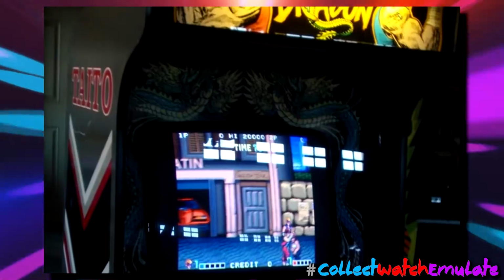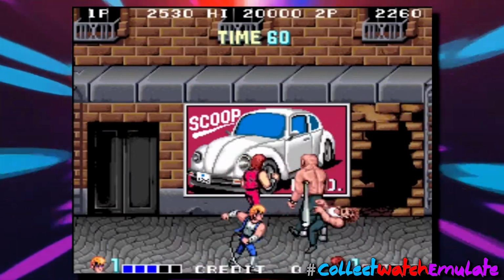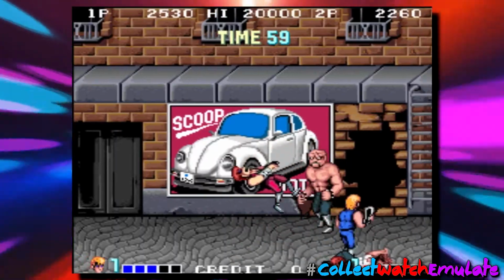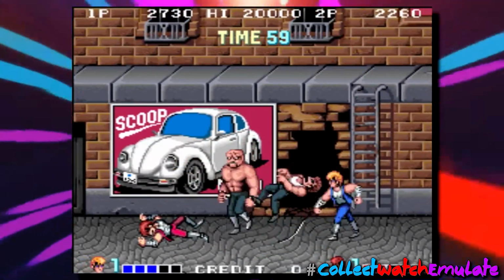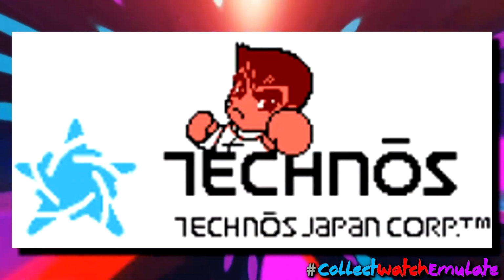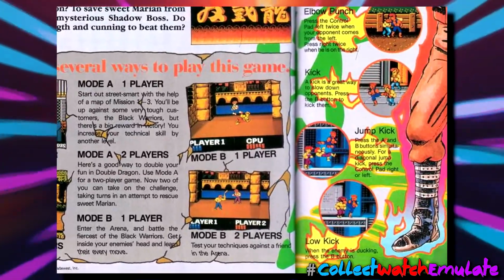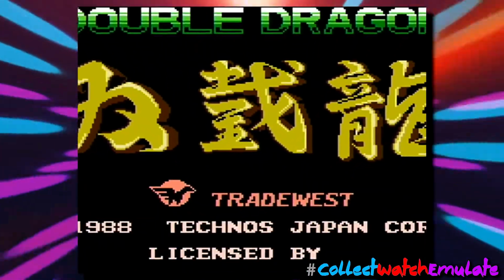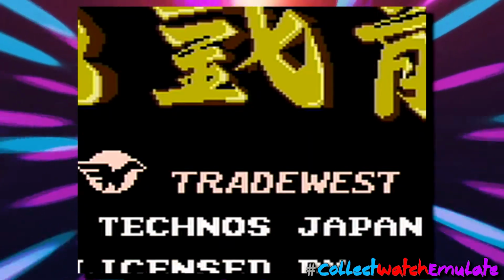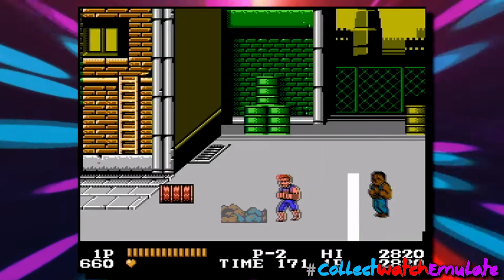Considering the year released, it introduced features common in most, if not all, beat-em-ups today, such as weapon pickups and simultaneous 2-player co-op. With the cabinet bringing success to Technos Japan, the developers, the home console version followed in 1988. Ported to the NES by Trade West, many changes were made to accommodate hardware limitations, like the lack of simultaneous